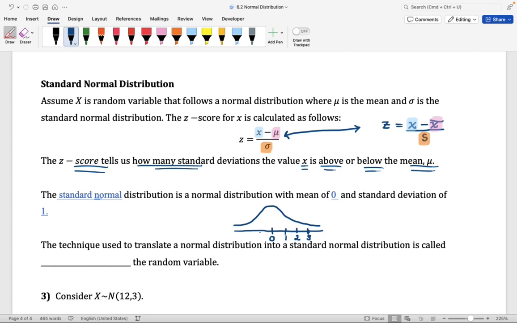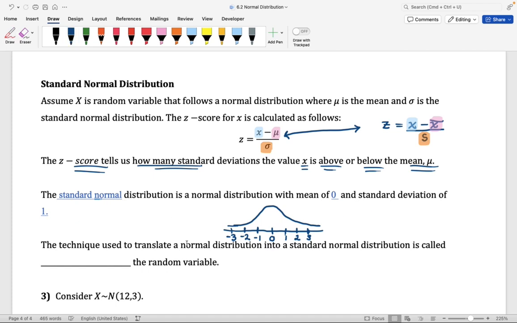Now here on the left, we can label the first standard deviation, which is -1. The second standard deviation, which is -2. And then the third standard deviation, which is equal to -3. Again, we can keep going and label more standard deviations, but I'm just going to stop here. I just want to show you the graph of the standard normal distribution, which always has a mean equal to 0 and a standard deviation equal to 1.